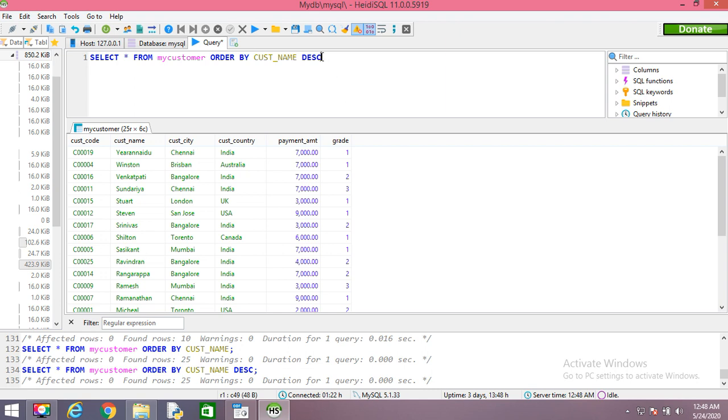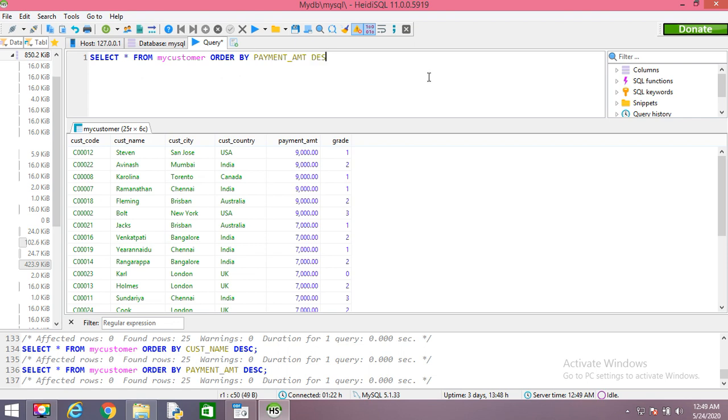And suppose I want to arrange the records as per the payment amount, then you can write here payment amount in descending order. Now these two clauses, group by and order by, are very common clauses that we have learned.